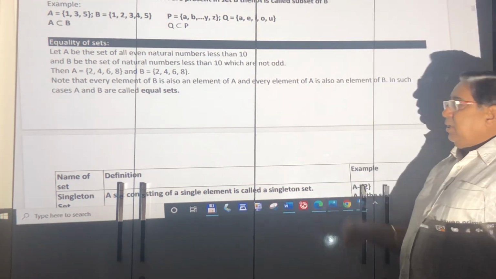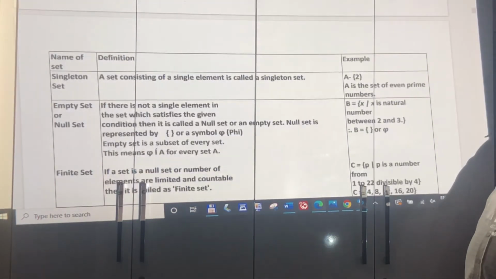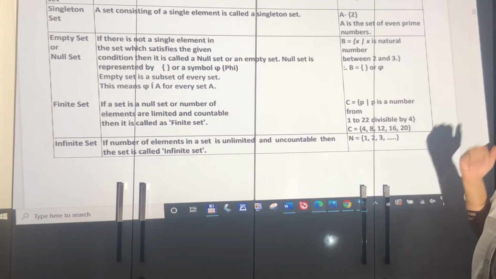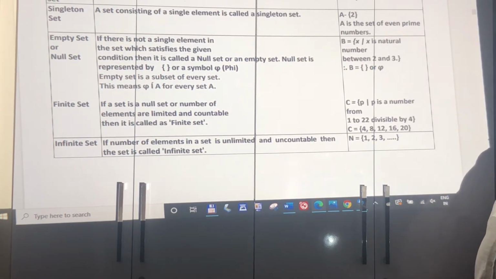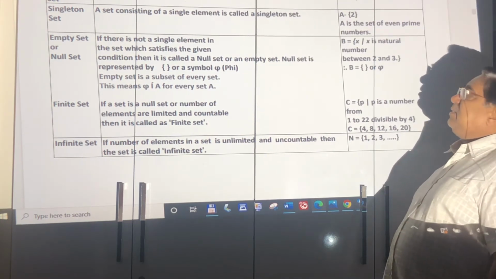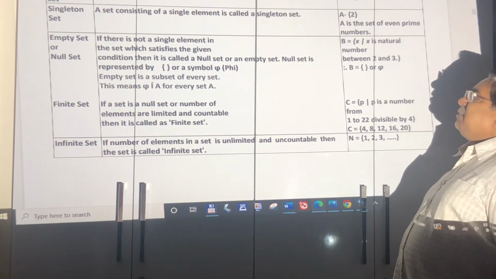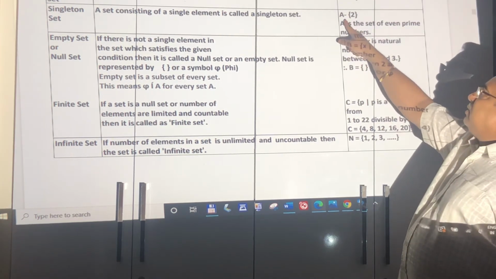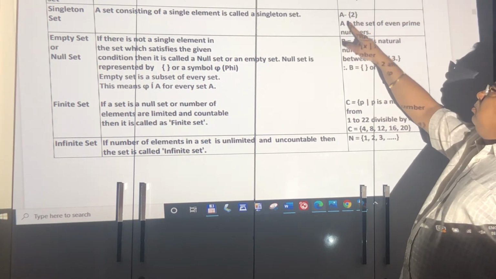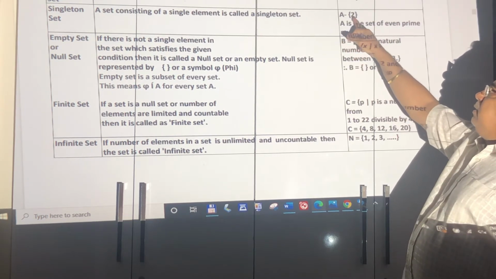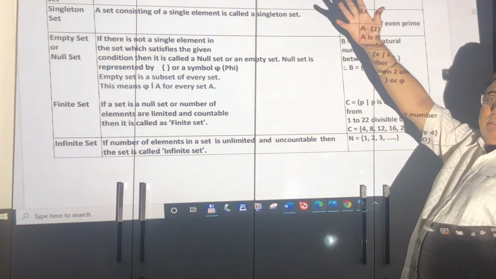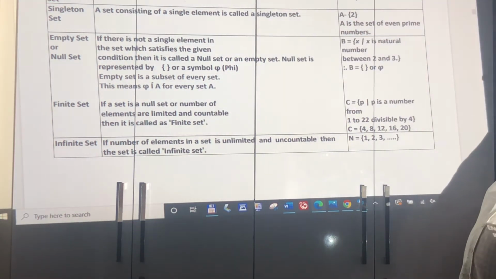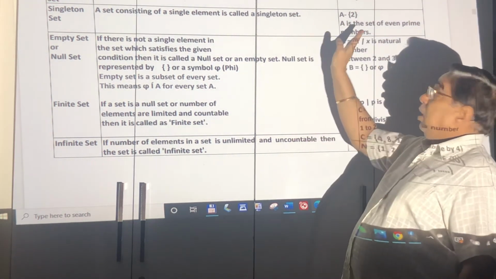Okay, let us see types of sets, which we require for the exercise, and these are the things we require for my next exercise. Singleton set: containing a single element. No other elements are there. Example: set A contains element 2. Okay. Set A contains galaxy. Galaxy is the only number 1 class in Kharghar. So we are like a singleton set. No other members possible.